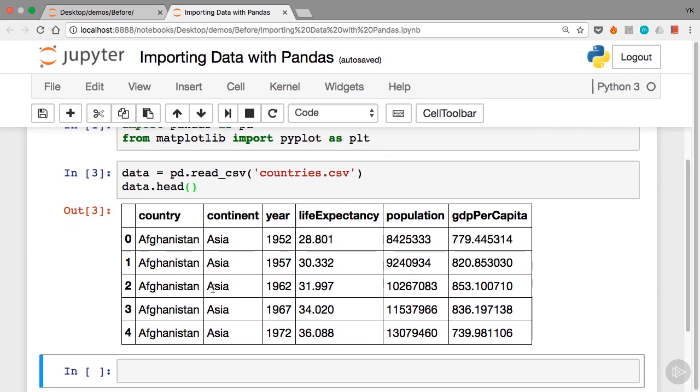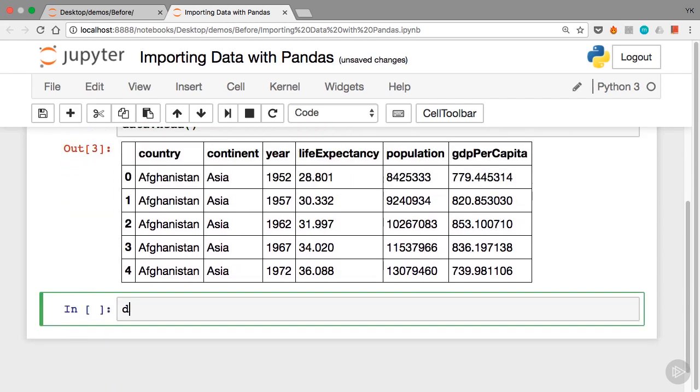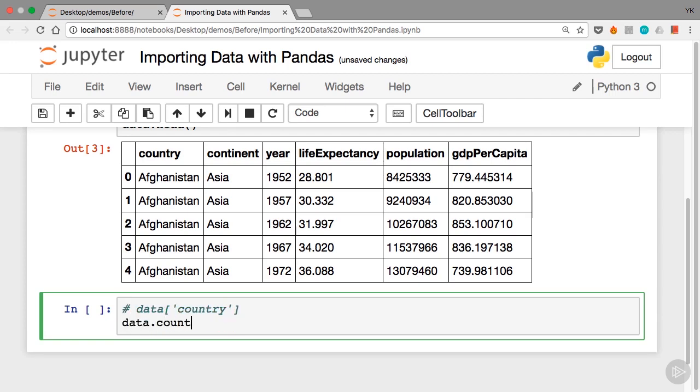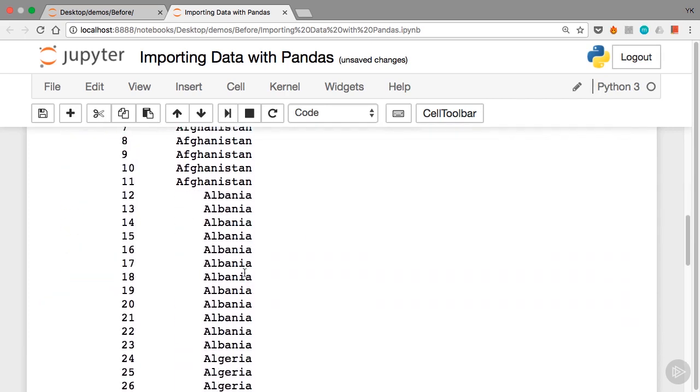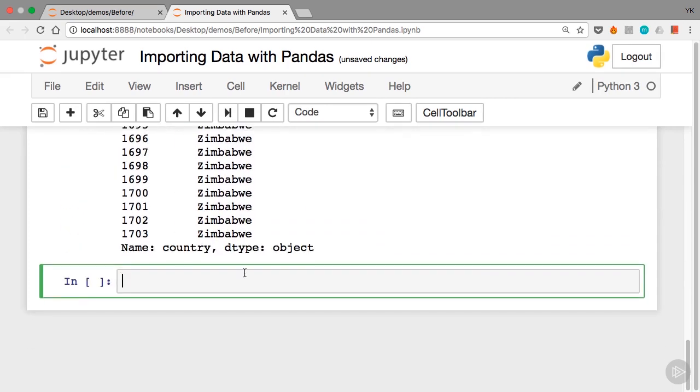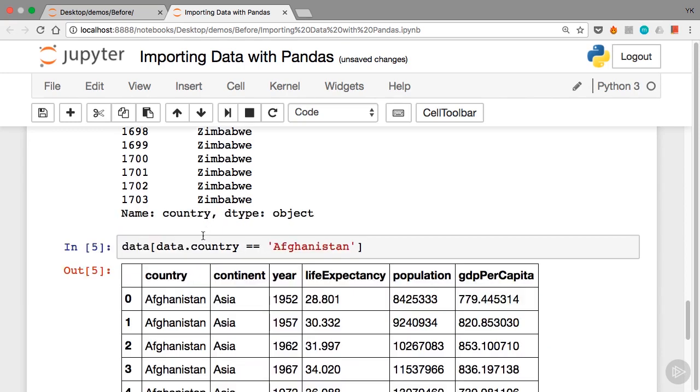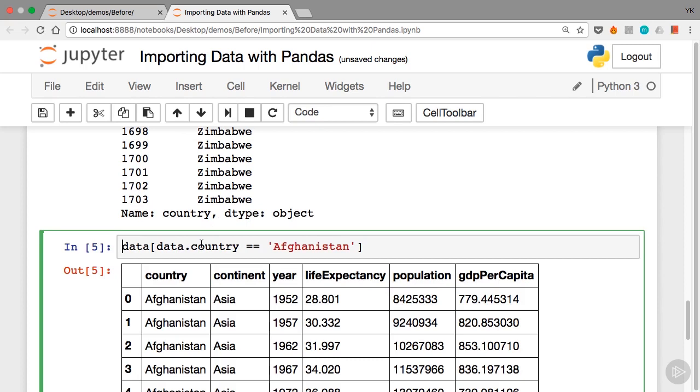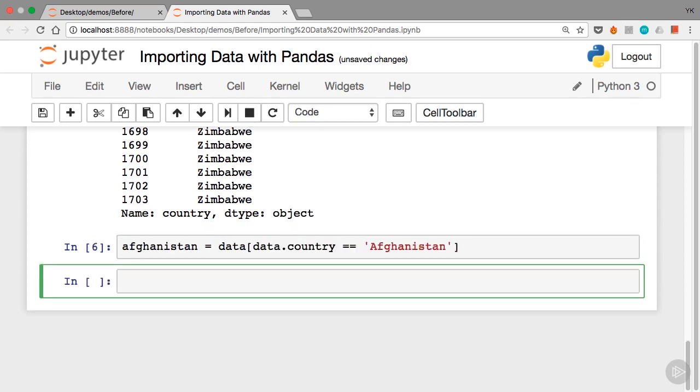To select the country column, you can write data, square brackets, country, as we saw earlier, or you can also write data.country. Either syntax does exactly the same thing. Using this and Boolean indexing, you can select only the data about Afghanistan with data, square brackets, data.country equals Afghanistan. Let's store this in a variable called afghanistan, and we're going to plot it with plt.plot